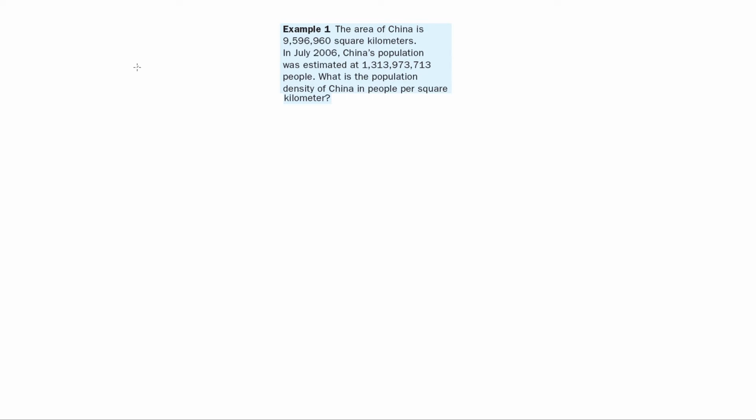Well, we can take the area of China as square kilometers. The population is in people. What is the people per square kilometer? So if I want people per kilometer squared, that's the units, and so I've got my people here, and that's going to be